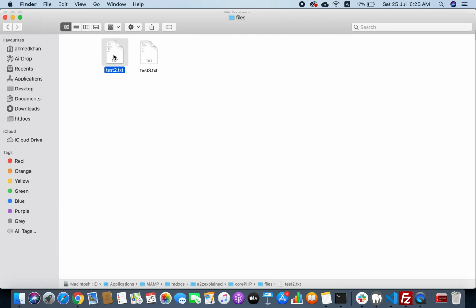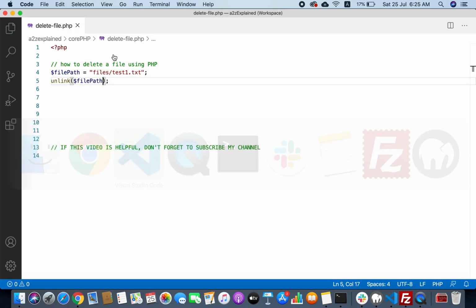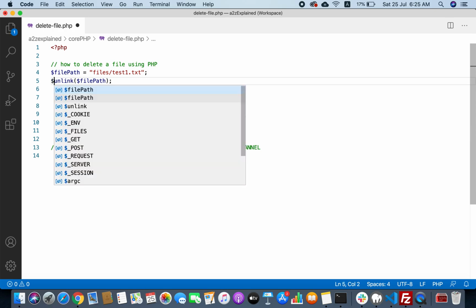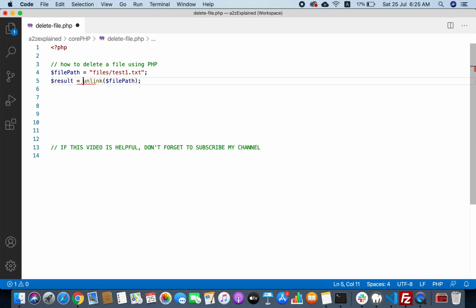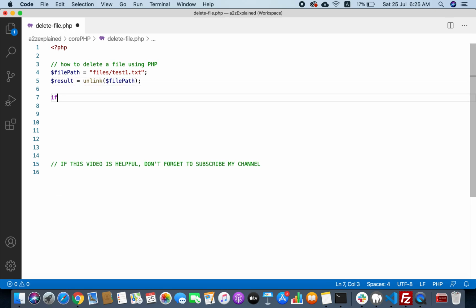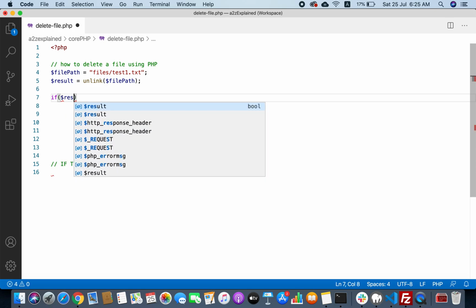So let's try once more with this. This time we try to show a success message, so that we can see whether the file is really deleted or not.